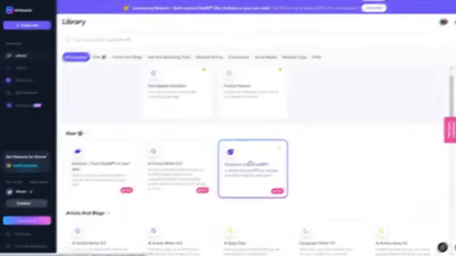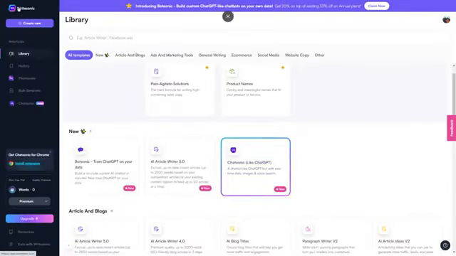Step 3. Create a script on WriteSonic. So now you'll want to head over to WriteSonic's website at writesonic.com